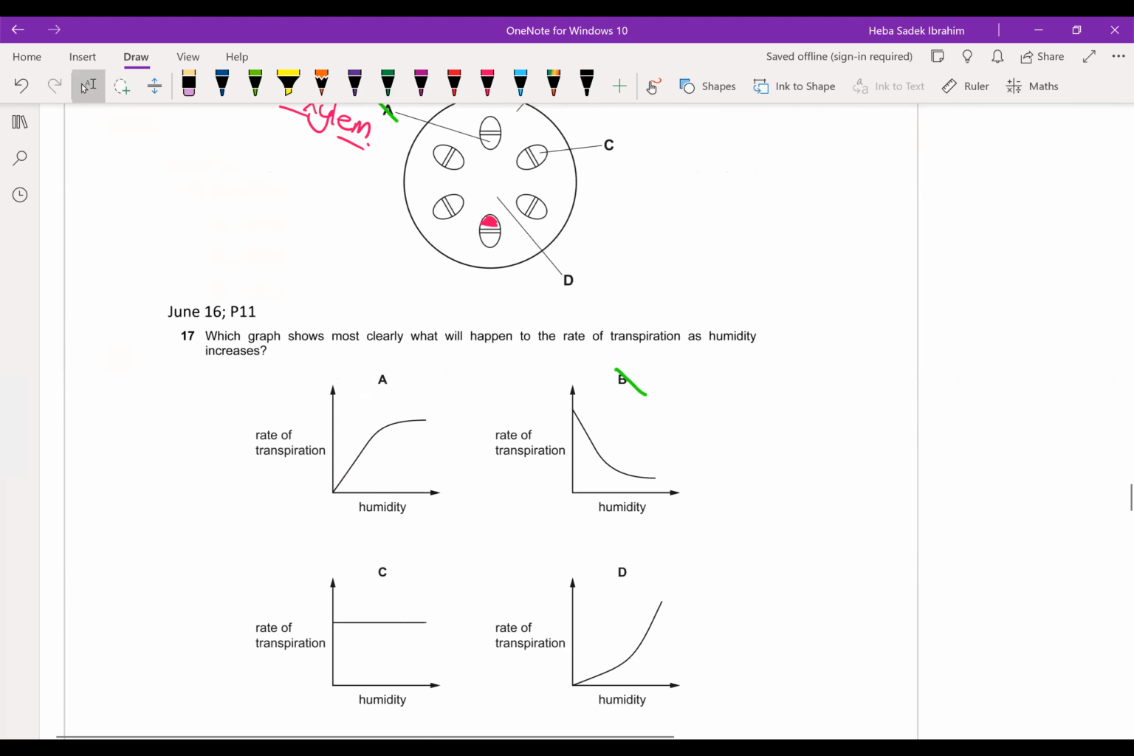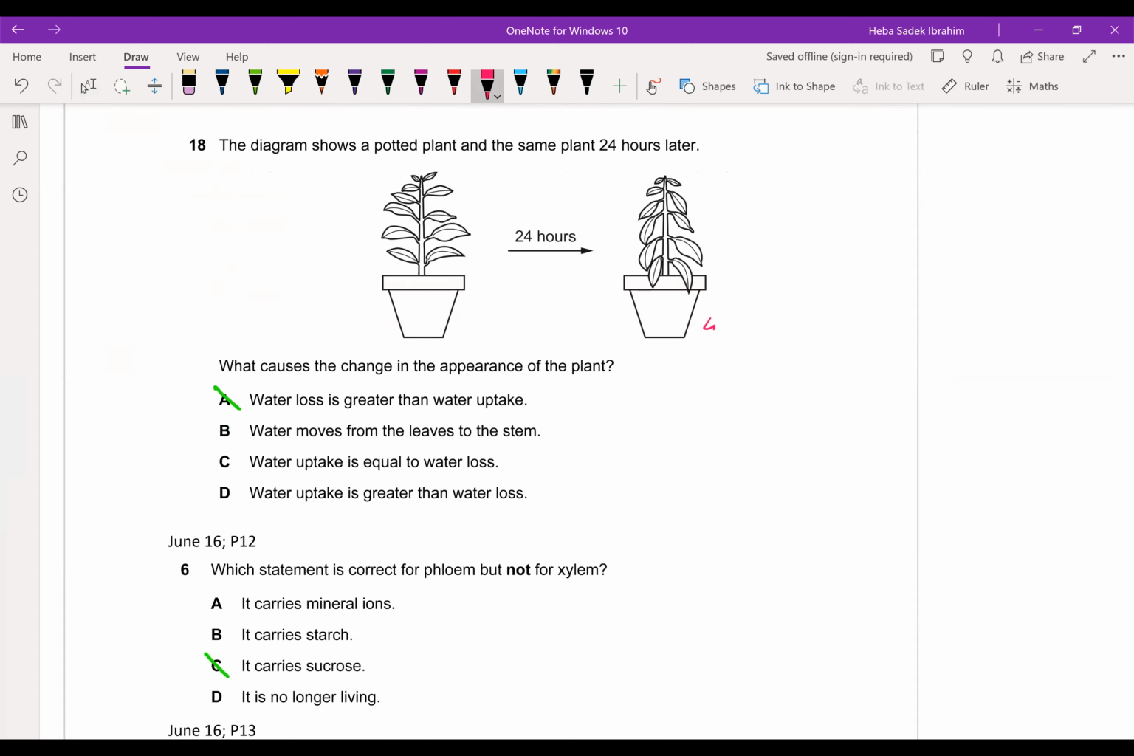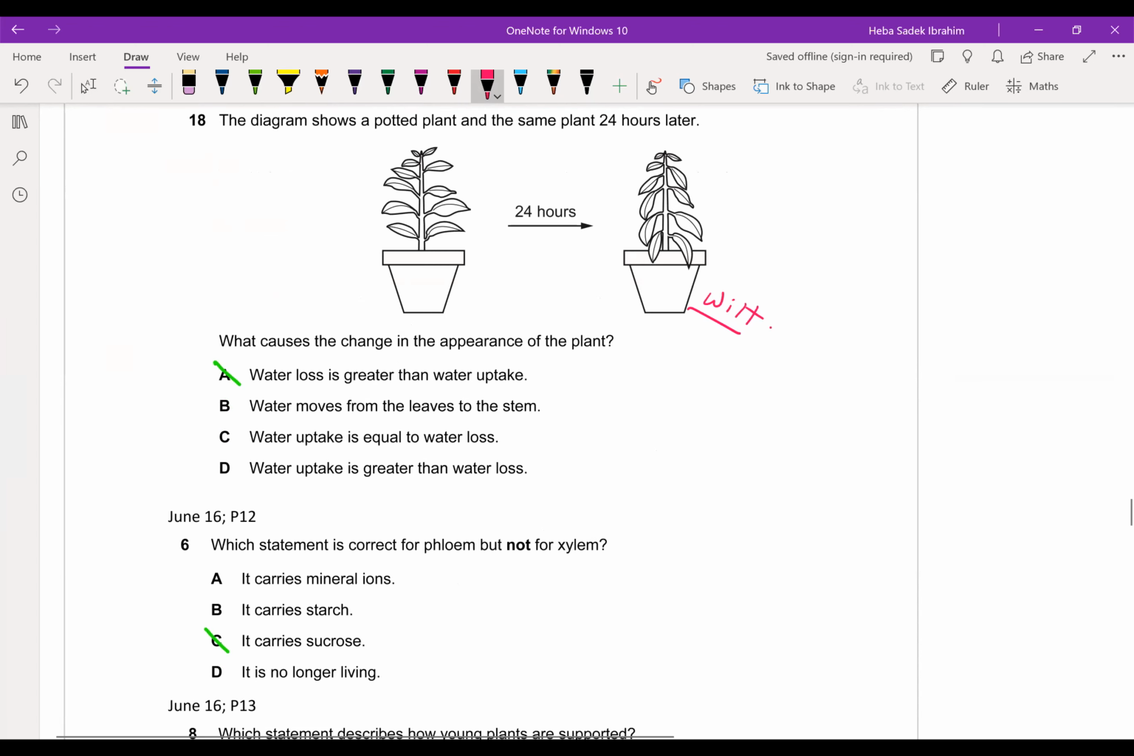Here it says, what causes the change in the appearance of the plant? The plant here started to wilt, because the water loss is more than the water uptake. Which statement is correct for phloem but